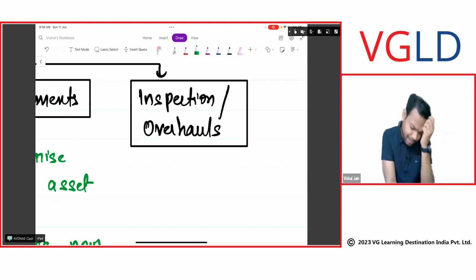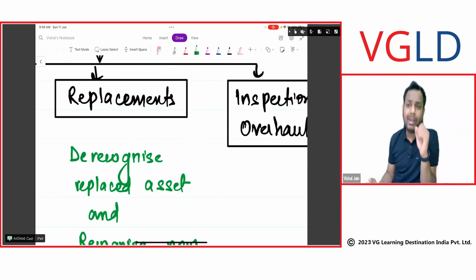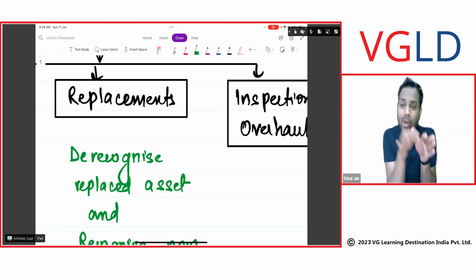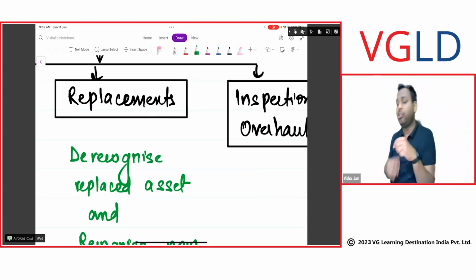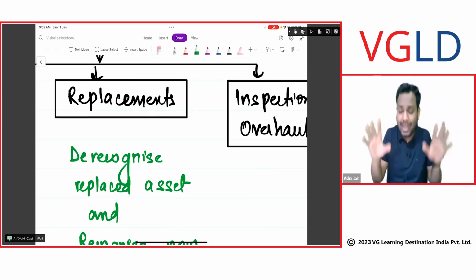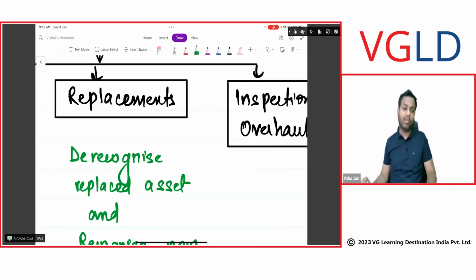Similarly, when we capitalize the inspection cost, we amortize over 5 years, and again at the end of 5 years, we have to capitalize it again. So the treatment is more or less like replacement itself, and that's the reason why if you open your workbook, they have written replacement and overhauls as one topic itself. But I discuss it separately so that you understand the logic and the rationale behind everything. The logic behind replacement is different. The logic behind overhauls is different. Though the treatment is the same, the logic behind each of them is different, and hence I want to explain it separately. I hope you have understood the logic.